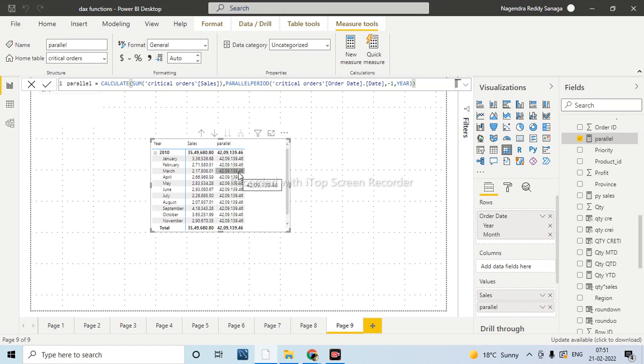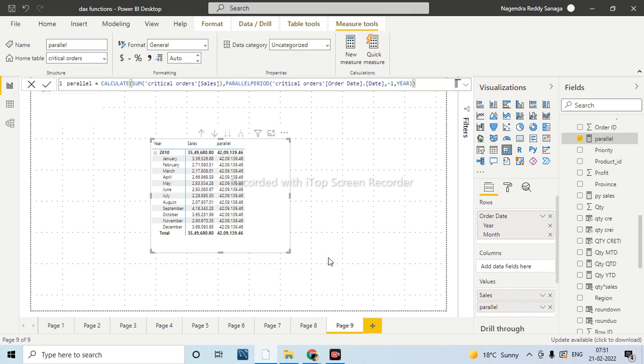Now see, previous year in the sense what happened, it is the value it is providing, because here we are not taking based on the month level, so it is giving me the overall result. This is how the parallel period will also work. When we have taken the previous year value, right, for each month it will give the previous year total itself. Understood? Normally when we want to take the previous month's information, then we will use the parallel period. If you want to see the information for overall like the sales and everything, then we will go for the same period last year function. Understood? Any doubts?